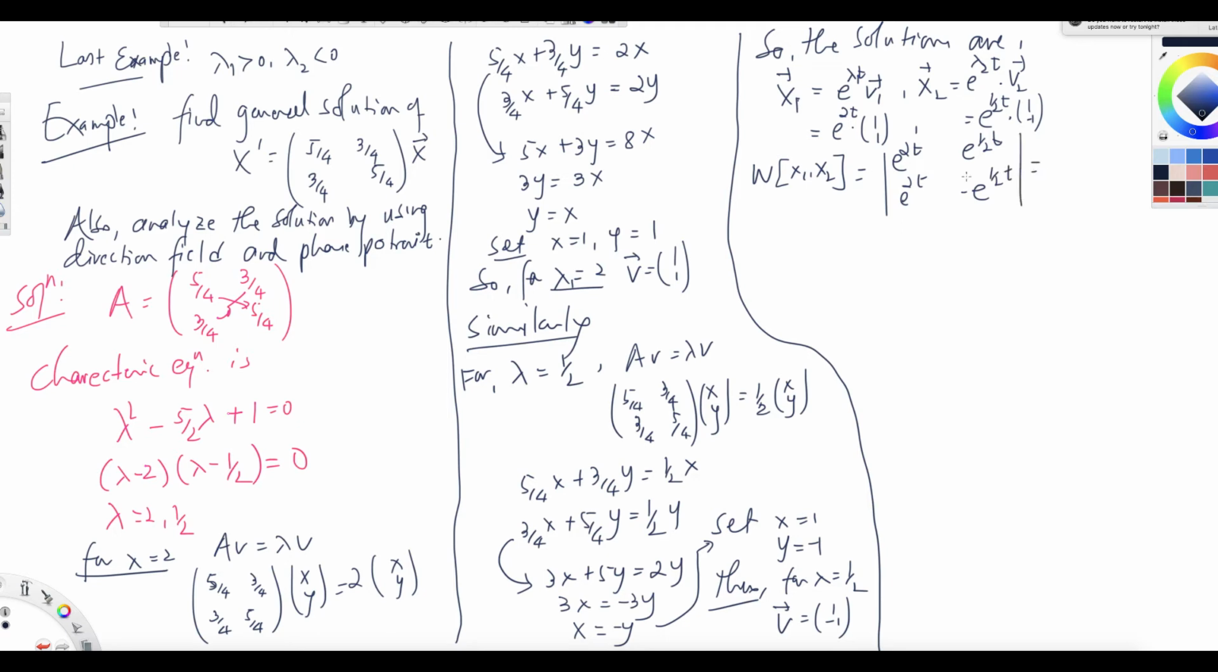Is this 0? Let's see. e to the 2t times negative e to the 1/2 t is negative e to the 5/2 t, since 2t plus 1/2 t is 5/2 t. Then minus the other product, which is also e to the 5/2 t. Minus e to the 5/2 t minus e to the 5/2 t is negative 2 e to the 5/2 t, which is non-zero. Hence the general solution